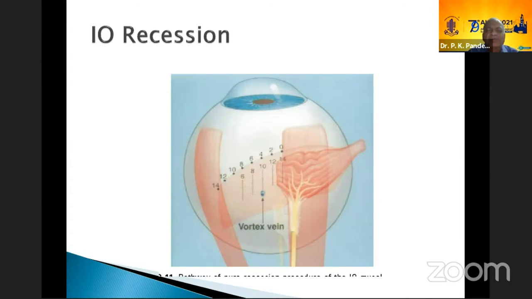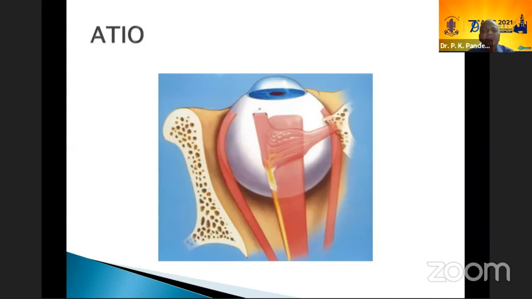There is a vortex vein which we should be aware of and careful about, because it also has an intrascleral course. So if you damage it, you can have a lot of bleeding. This is important when you are doing a resection of about 8 to 10 millimeters. In that range, this usually comes about 2 to 3 millimeters laterally, 3 to 4 millimeters from the inferior oblique. So one should always look for it and be careful not to injure the vortex veins, and they have a lot of variation in the anatomy. So one has to be prepared to localize and avoid it.